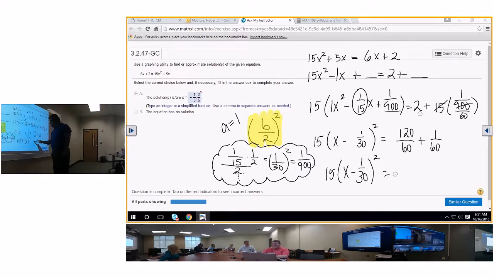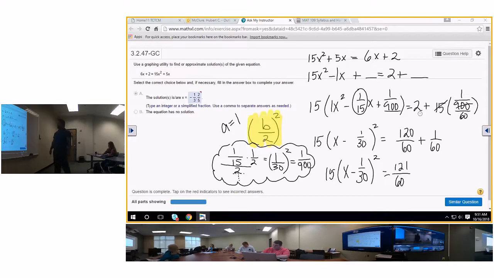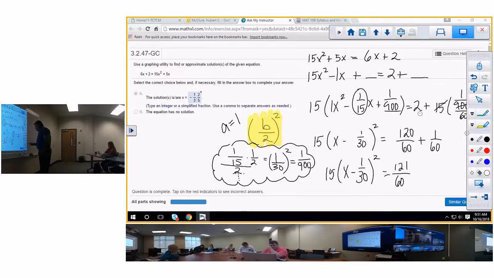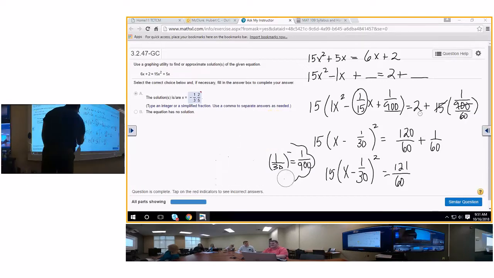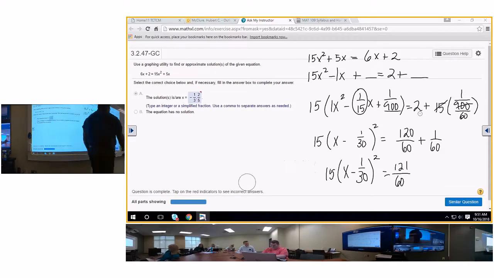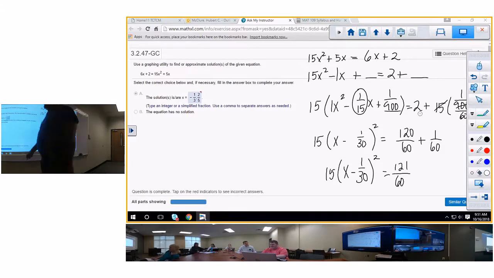Equals 121 over 60. Now at this point, you've got two things that you can do. What are they? Quit. Go home. Quit is a good answer. You get 10 points extra for that. When tough gets going, what do we do? Quit. You got a vertex of 1 over 30,